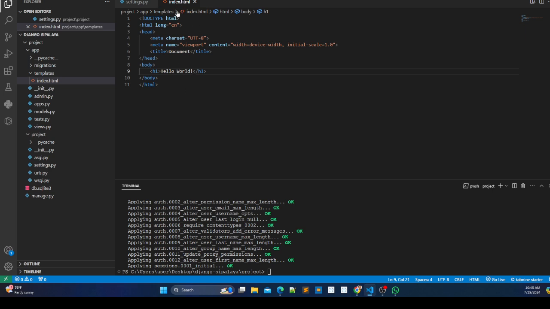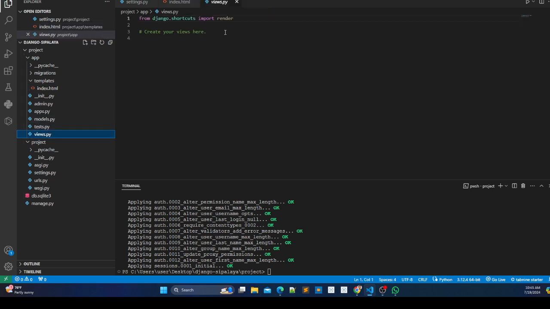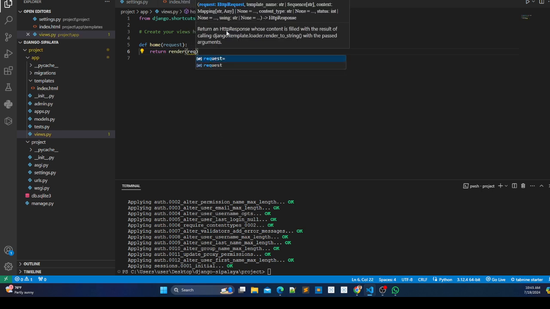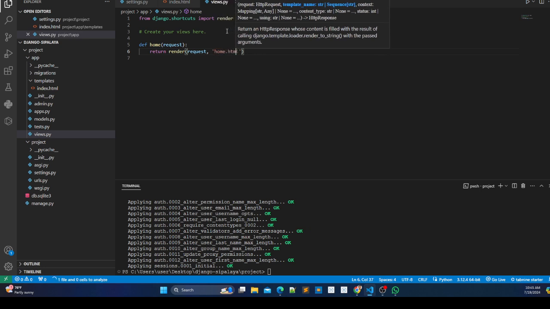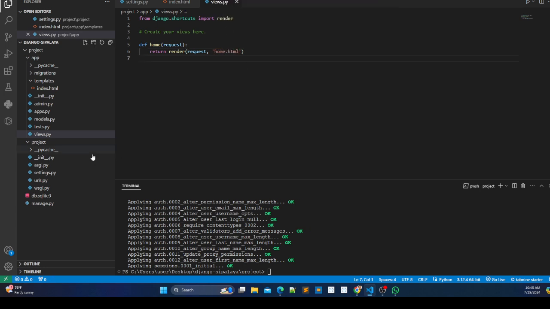In order to link this HTML page with our Django project, we need to write some code over here. What you need to write is def home(request): return render, where the first argument will be the request and the second will be the HTML file name. And in order to connect this with the URL,